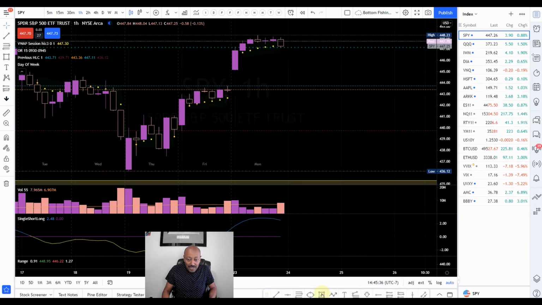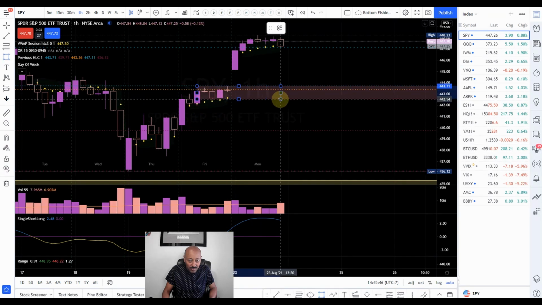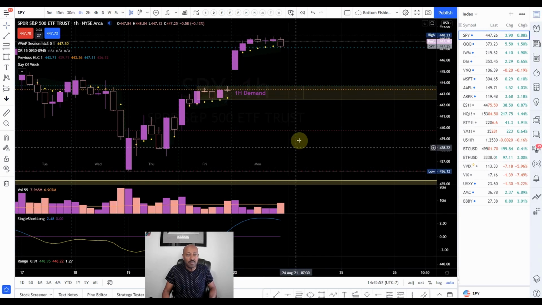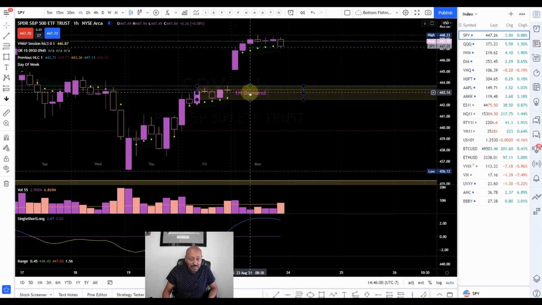So for me, an order block that I see is, we have this rally, pull back, rally, and then it based here, it stayed here for a while. So this could be a demand zone. And so if price then comes here and retests it, this is an area for us to get a buying opportunity to take price back up to the upside, as long as we're getting confirmation and price is not blowing